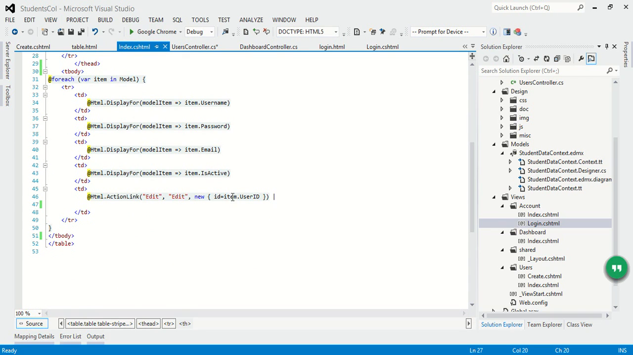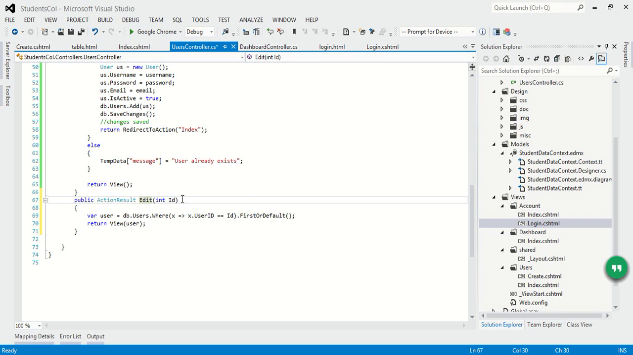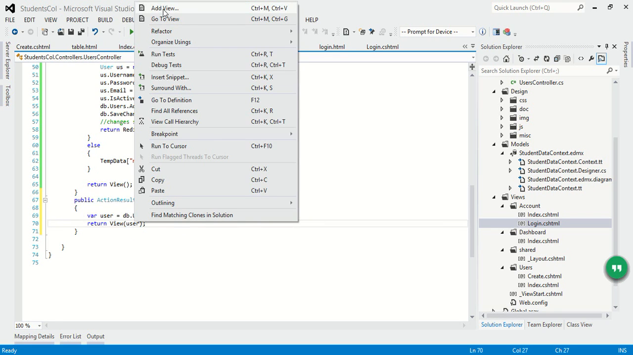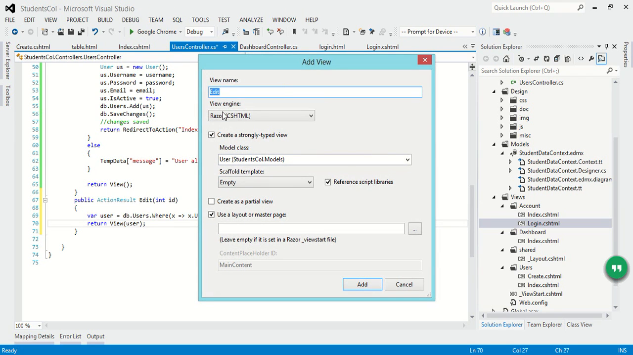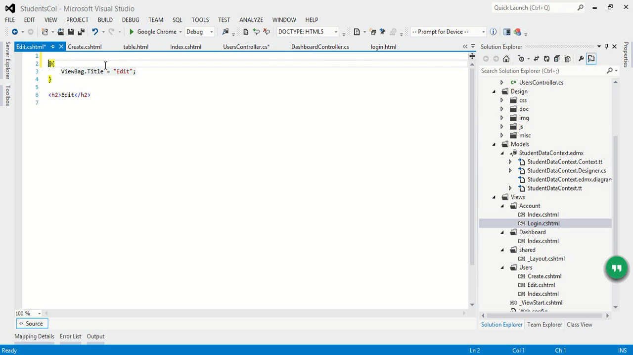Make some settings on the index page and pass here the user id. It's already passed through this. Make this parameter correct with the user controller. It's id here and it's here. Okay, add a new view, right click, add view, edit, select here, edit mode, and we don't need to create it strongly typed, so we can add here,